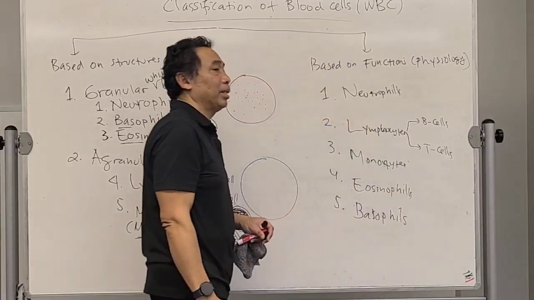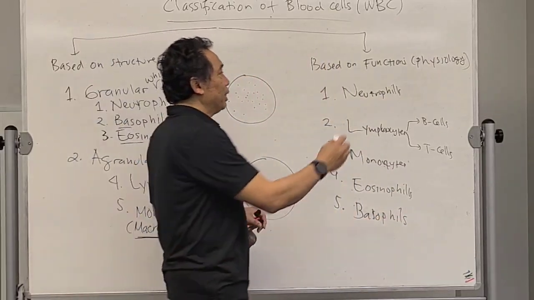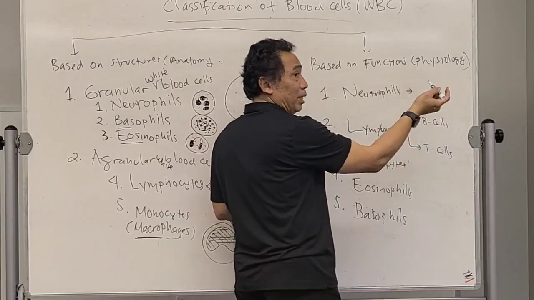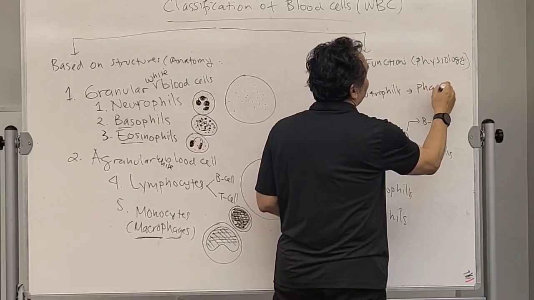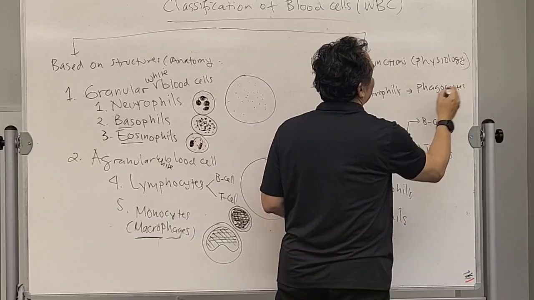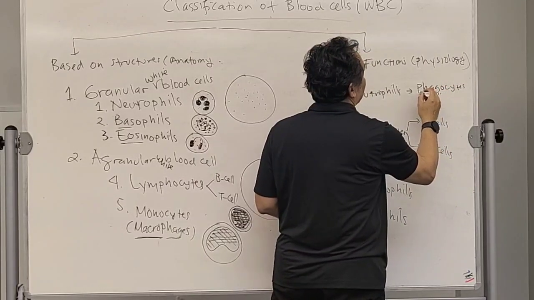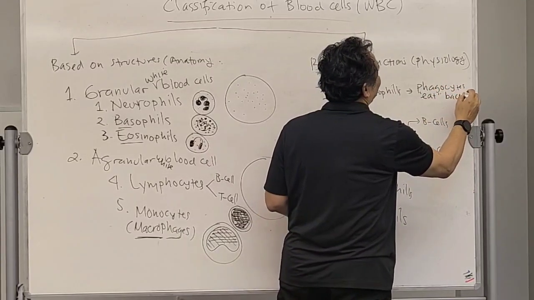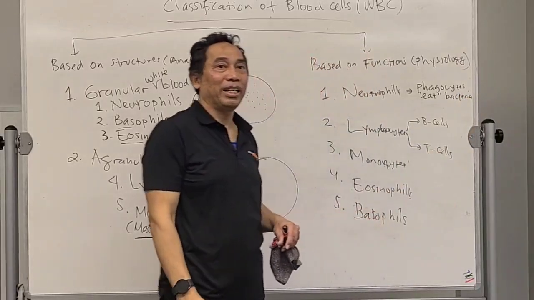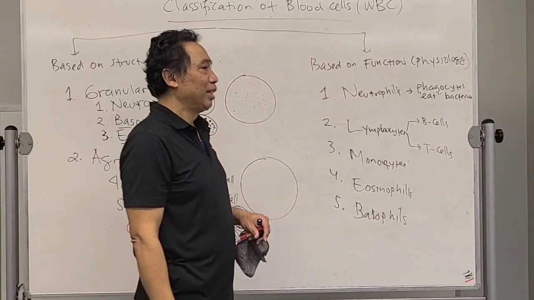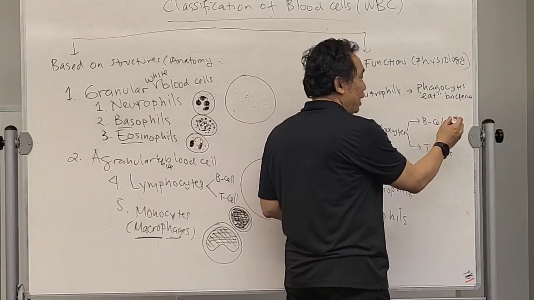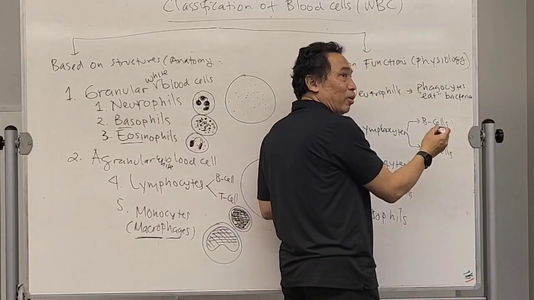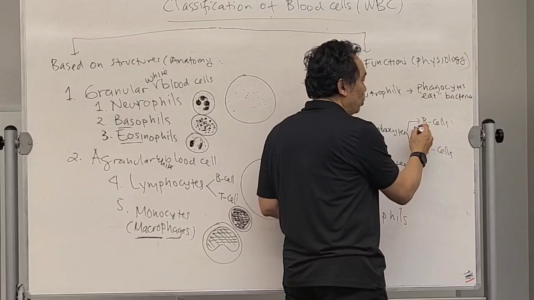Okay, basophil. Again, we mentioned that neutrophil mostly eats bacteria. This is also a phagocyte. Eat bacteria. Okay? Eat bacteria. Lymphocyte. The lymphocyte, the B cell, this is the one that actually produces